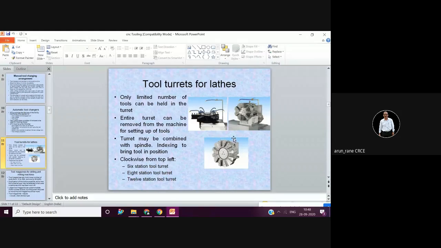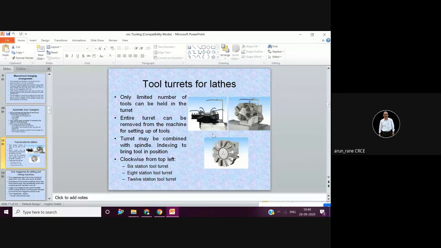Whereas in the earlier case, in unidirectional, it will rotate through 330 degrees in order to get this tool number. In the first case, if it is unidirectional indexing, and I want this tool to come here, then my turret has to rotate through 330 degrees. Whereas if it is bidirectional indexing, it will rotate just 30 degrees.